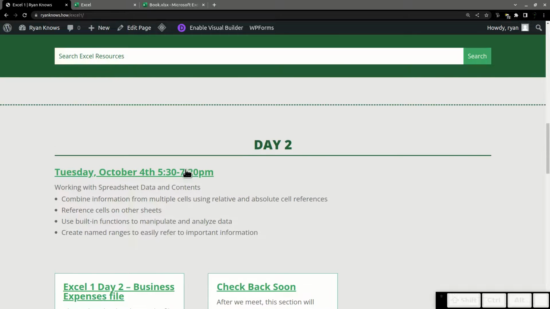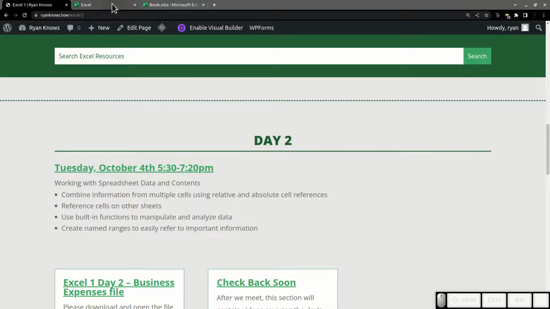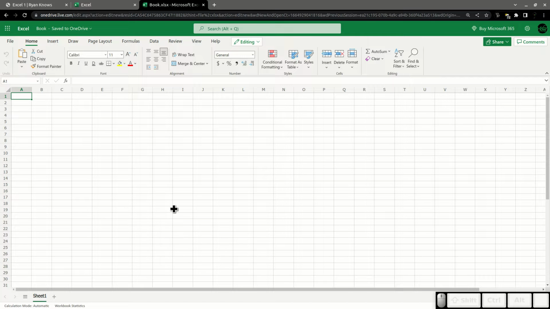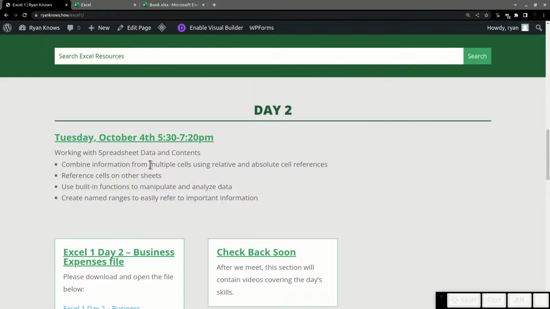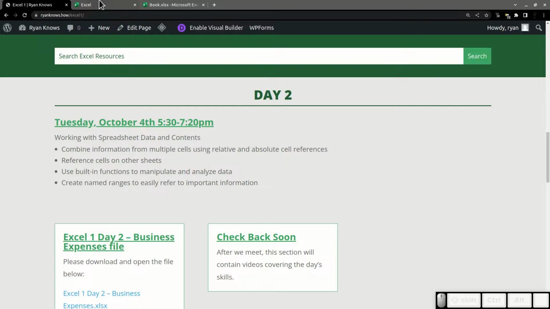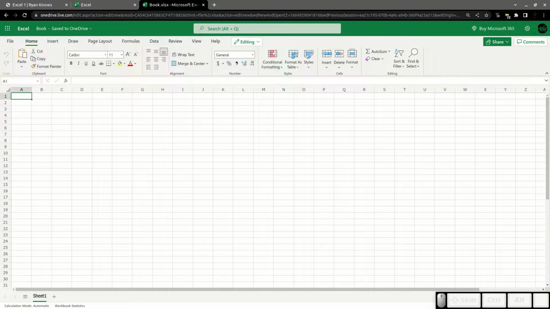So what I'm going to do first of all is jump over into a blank Excel file I have opened, just so I can demonstrate some stuff. You may have noticed on the website, I have a file link that we'll look at together about halfway through tonight, maybe a little bit earlier. But the first thing I want to show us here, I need a little bit of data, something to manipulate.